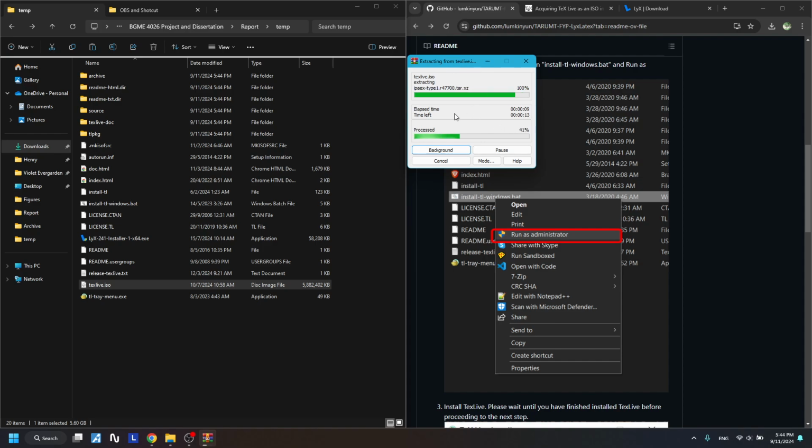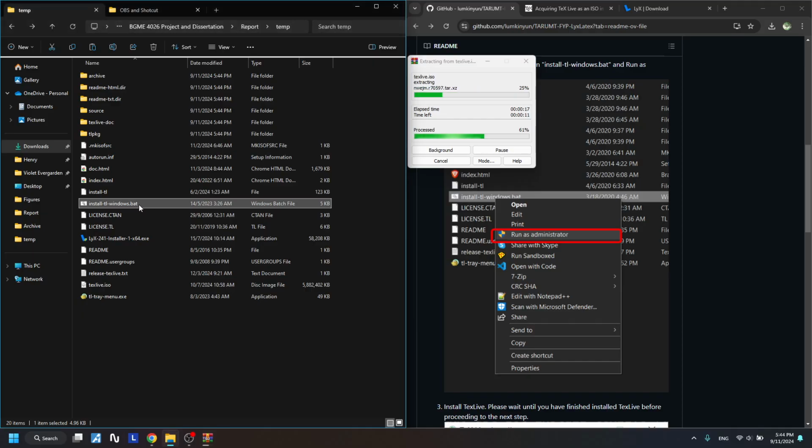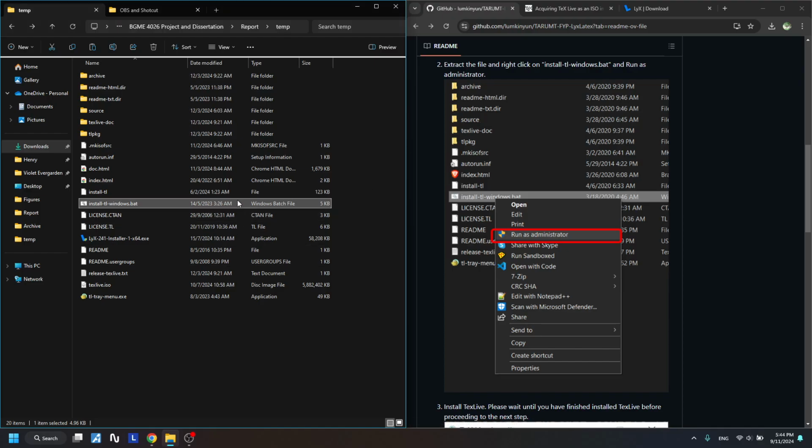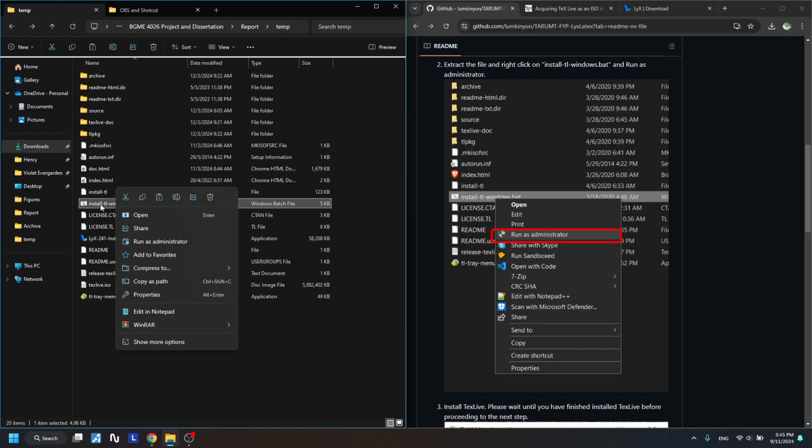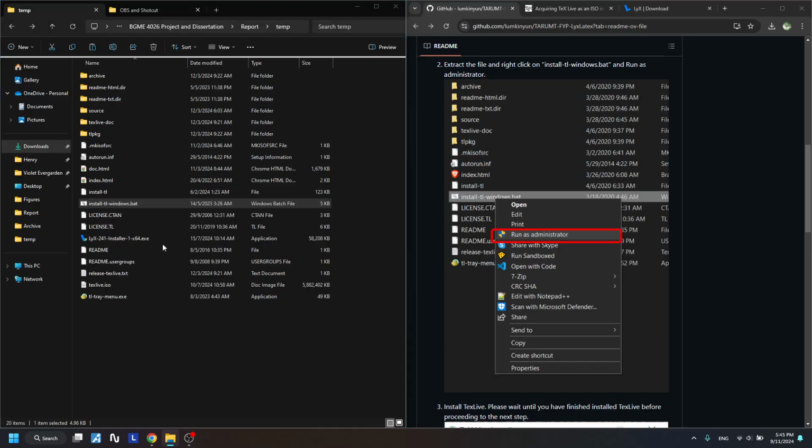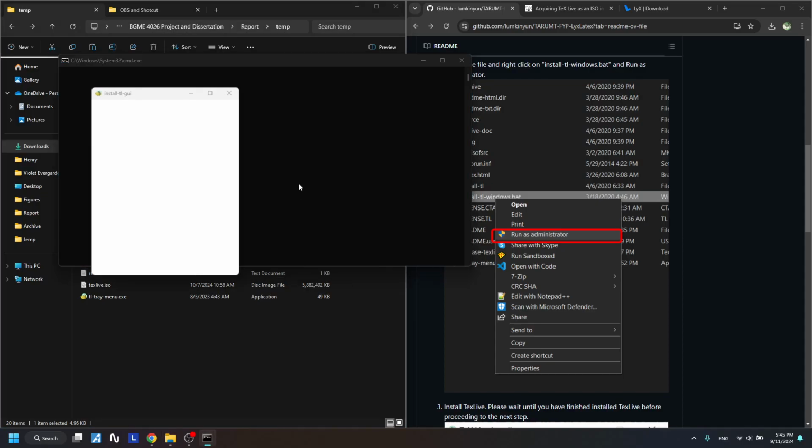Once you extract it, you're going to wait for a while. But once you extract it, you need to find an install/tl/window.bat file, the batch file basically. This is actually the installer of the TextLife programming language basically. So now we are going to wait for it to finish. And once it finishes, you will need to right click on the install tl/window.bat file, open as administrator, yes, and